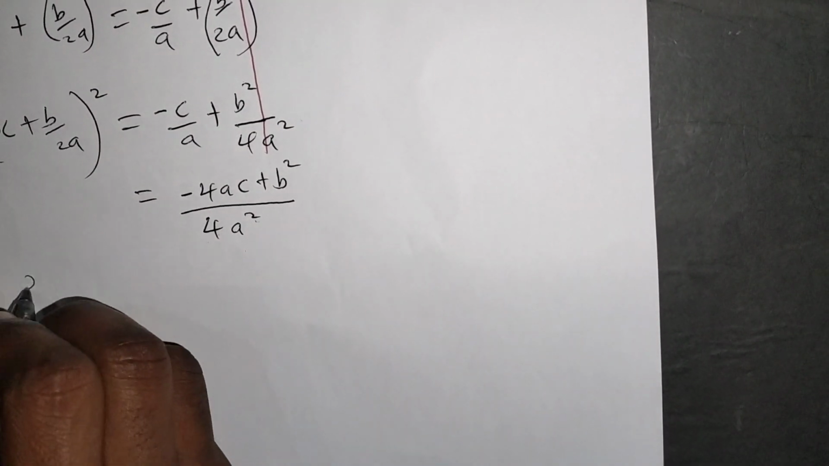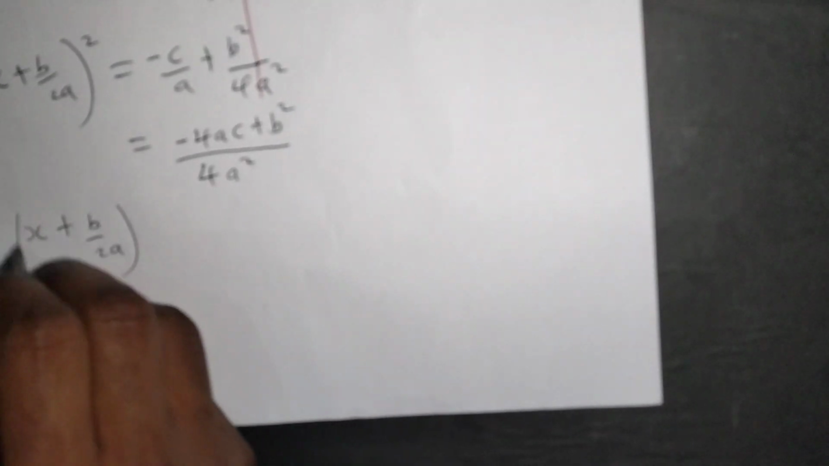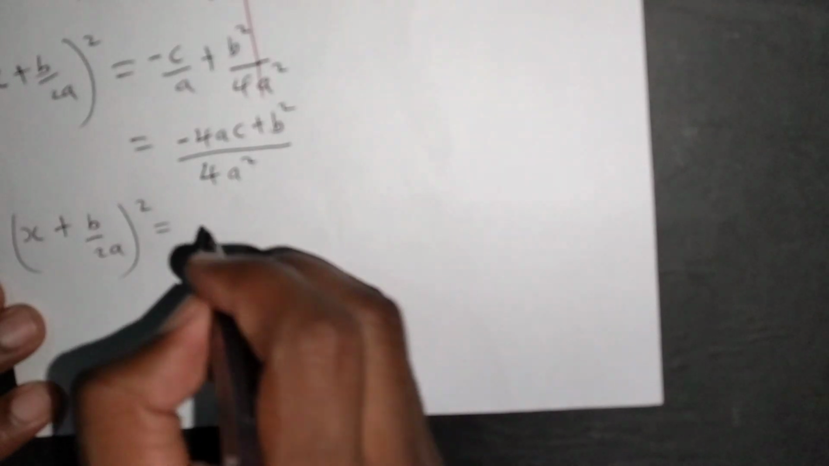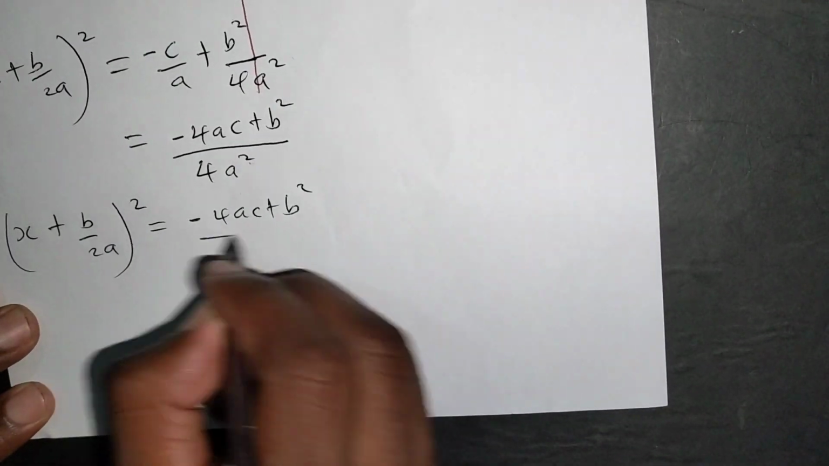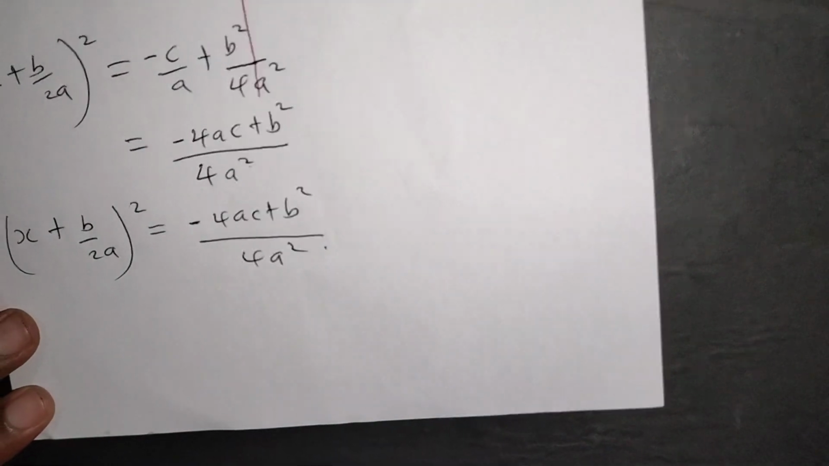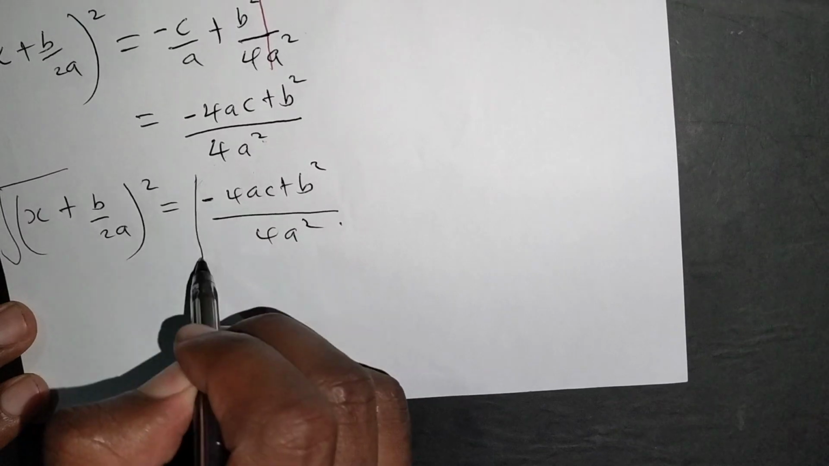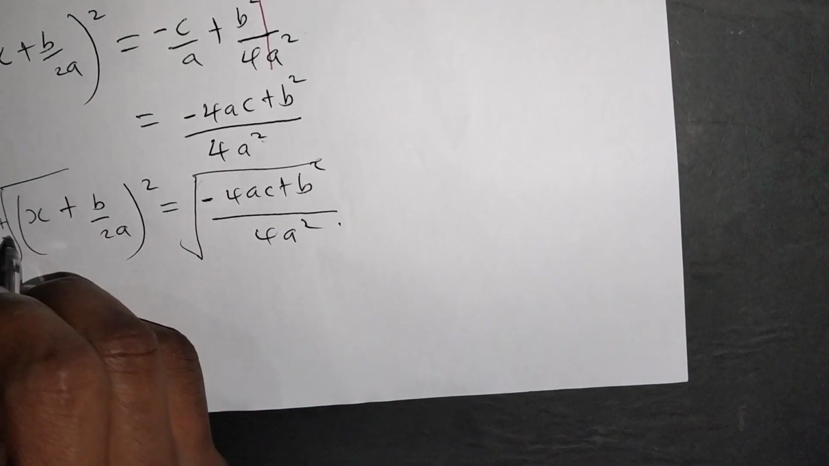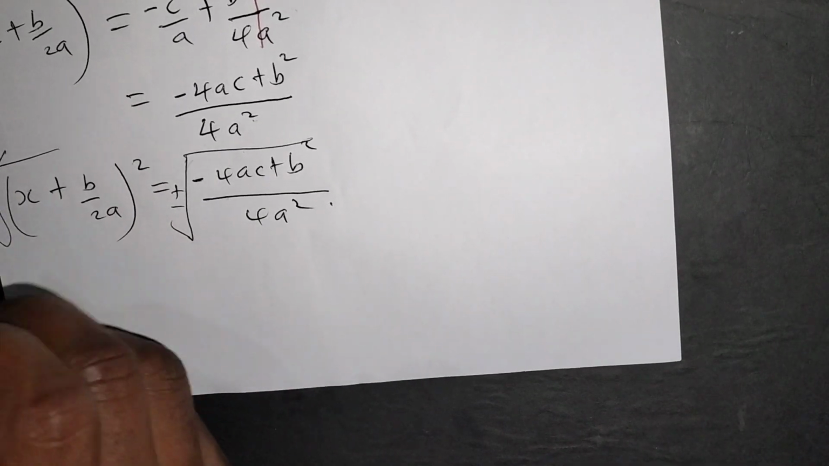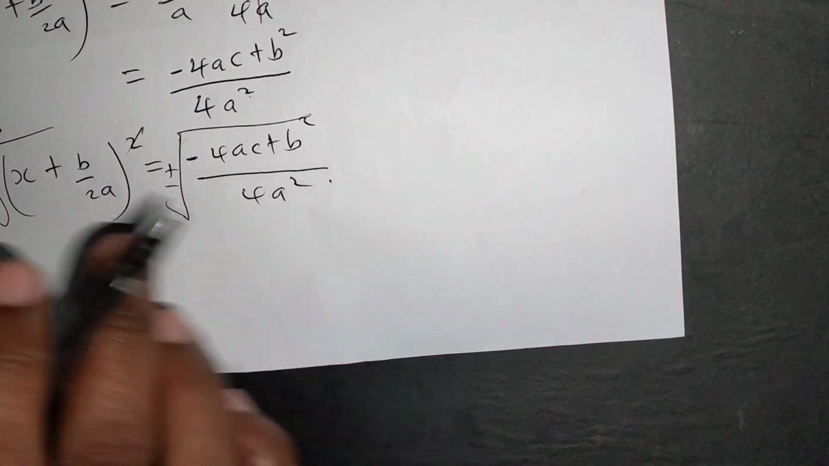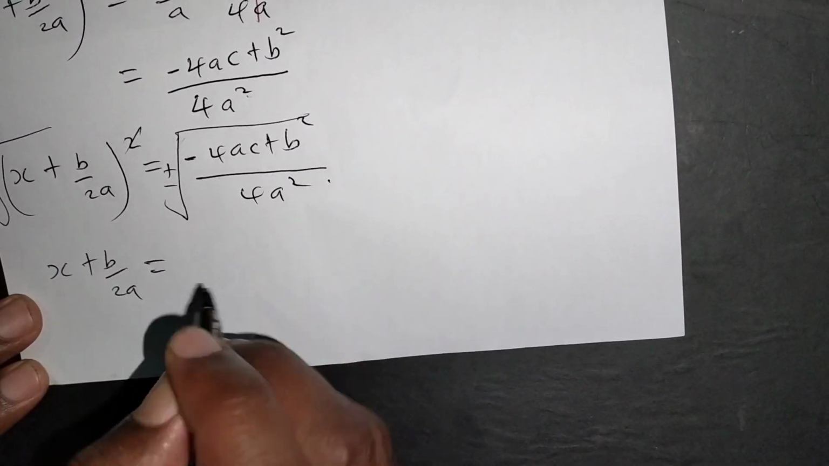Now I'm remaining with x plus b over 2a, squared, being equal to negative 4ac plus b squared, over 4a squared. Then I'm going to take square roots on both sides. I square root this side, I also square root the other side. And remember, the square root of a number is always a plus or minus. So the square root will cancel with the square, so that I remain with x plus b over 2a being equal to